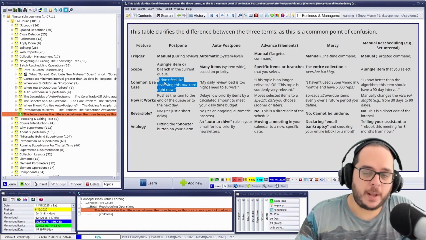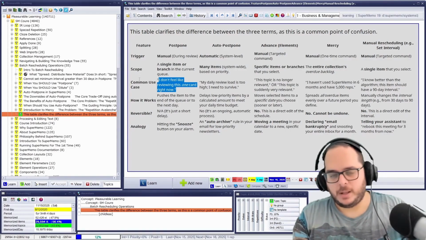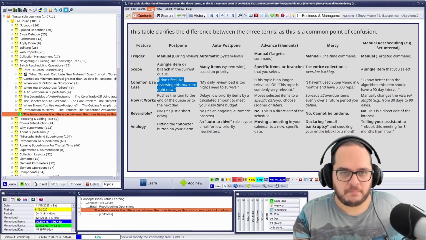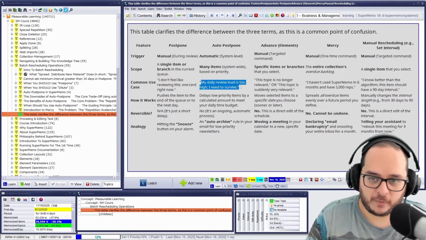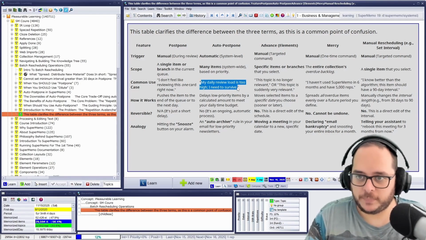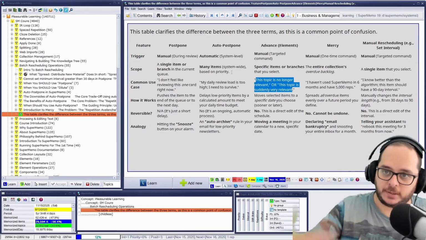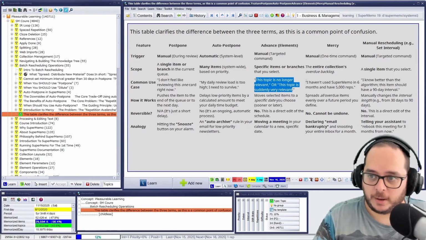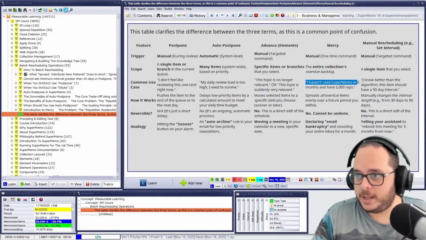Or it could be the same but with a branch: I'm not in the mood for language today or in the coming weeks, so let me postpone it. Postpone is for when I have too much and I need to survive. Advance is for when this was not relevant and now this topic is suddenly very relevant, so hey, bring this to the future. Mercy is before bankruptcy, let's say.